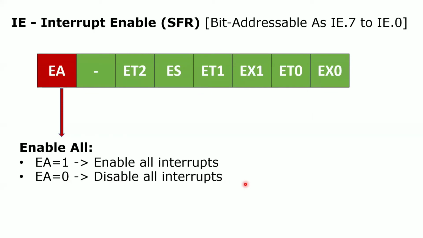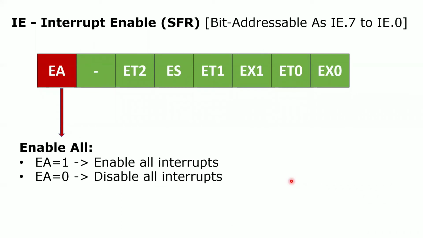Now if you take your mobile phone, who will generate the interrupt during your Facebook operation or Instagram operation? Your friends or family, right? So how will you identify the friends or family? With the help of a unique number called their phone number, right? Similarly, here also we have 5 interrupts. In order to enable all the interrupts, we can use this bit. In order to disable all the interrupts, we can use this bit.